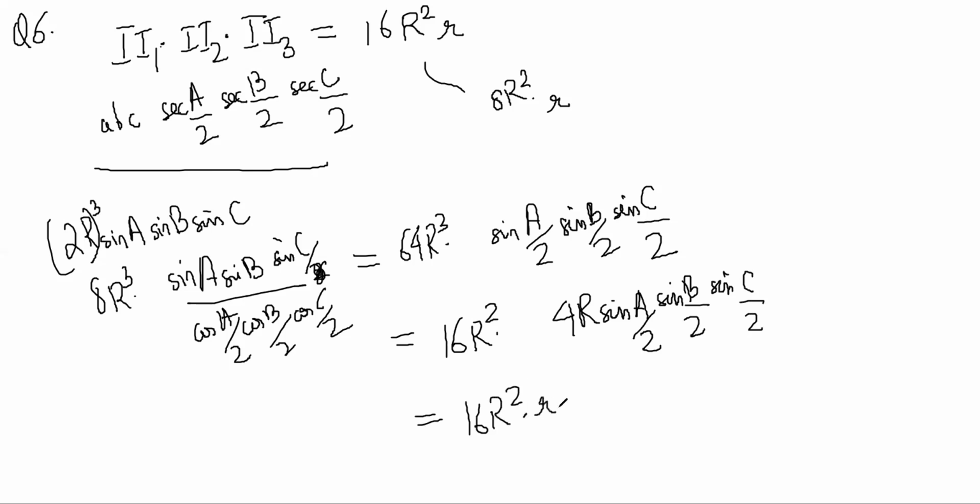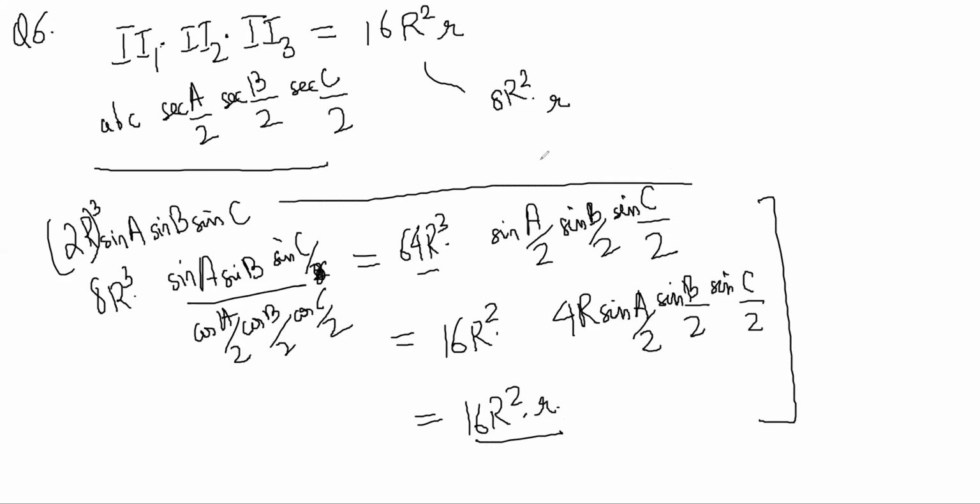I was doing that. I couldn't reach up to it. You would have done the same thing. I got to the 64 R cube step, and then was about to start the 16 R square step, but I couldn't start. Why? Because I did it before. Okay, fine, it's fine. You can do it. Basically, I've got it.